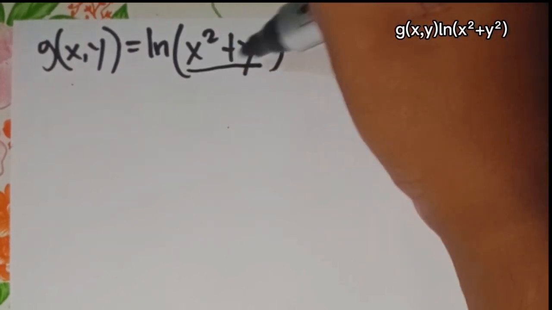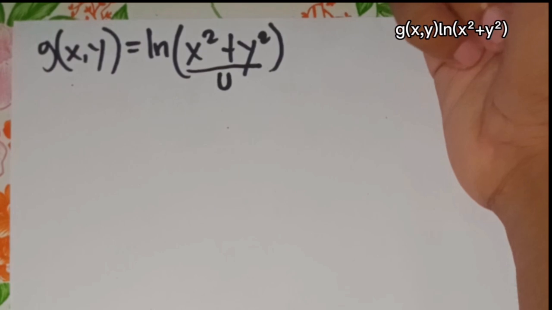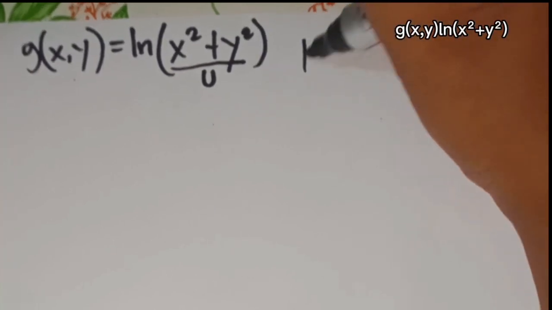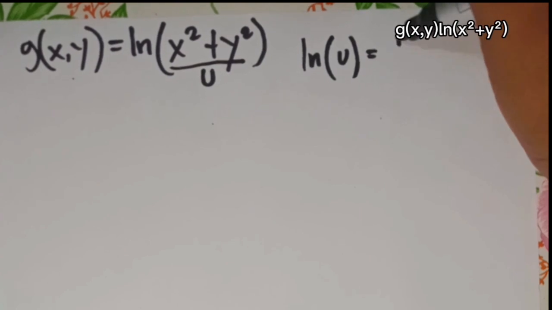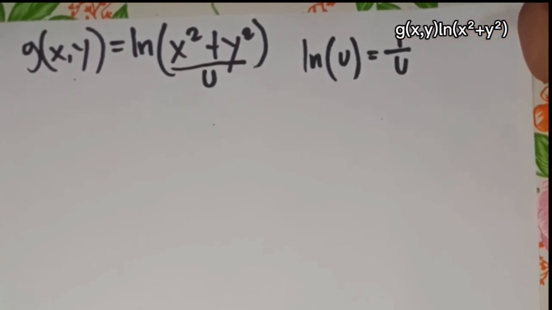The derivative of ln u is 1 over u. Applying the chain rule, we get